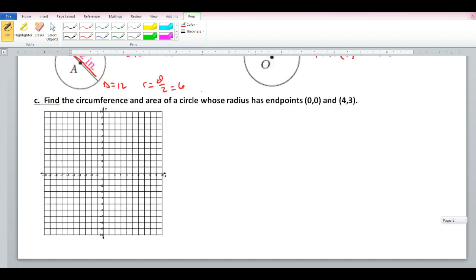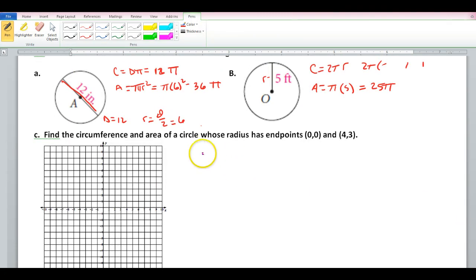Okay, so that's circumference and area of a circle. And one more example. It says, find the circumference and area of a circle whose radius has endpoints 0, 0, and 4, 3. If we plot these 2 points, 0, 0 and 4, 3, this here would represent the radius. So you have to picture some circle coming around like this. In order to find the length of that radius, we have to use the distance formula. If one point is 0, 0, and the other point is 4, 3, we're going to say